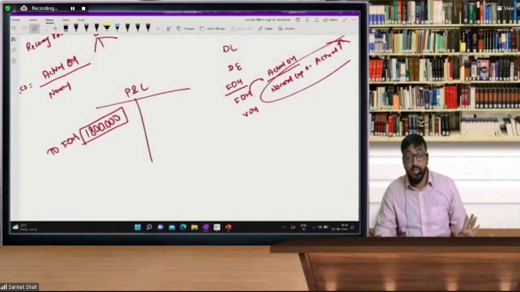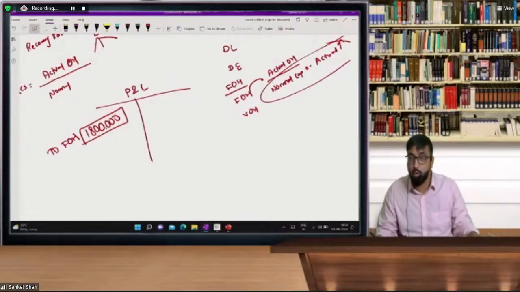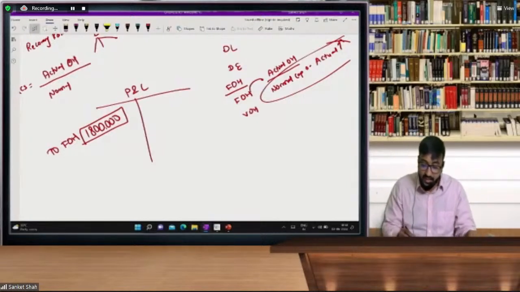Till now you are getting this concept: direct material, direct labor, direct expenses, factory overhead. In fixed overhead, actual overhead divided by normal capacity or actual capacity, whichever is higher. Now see,